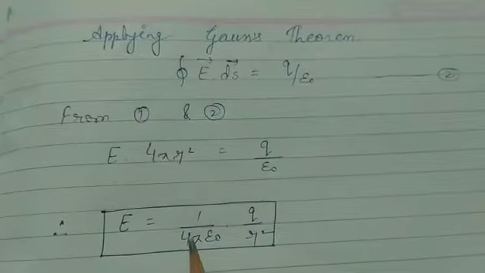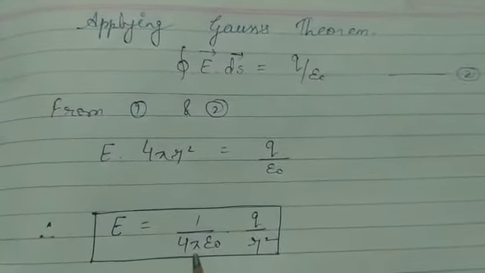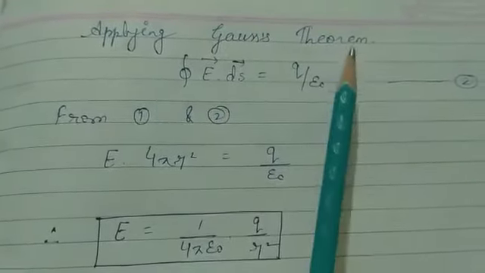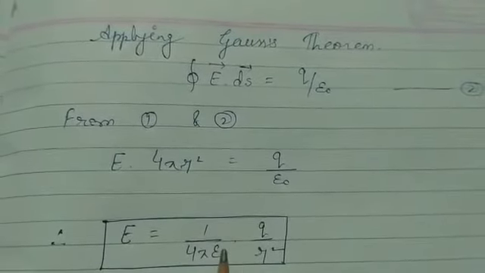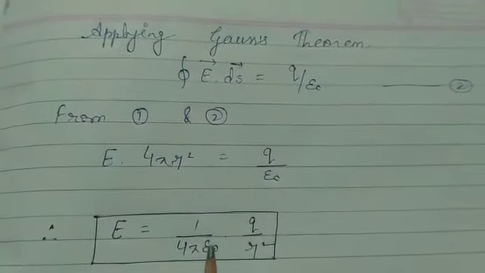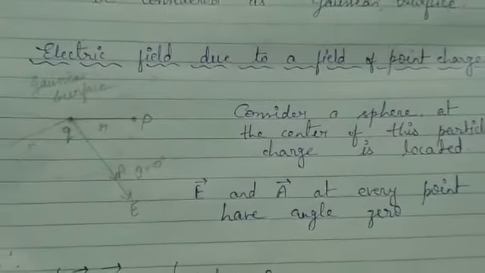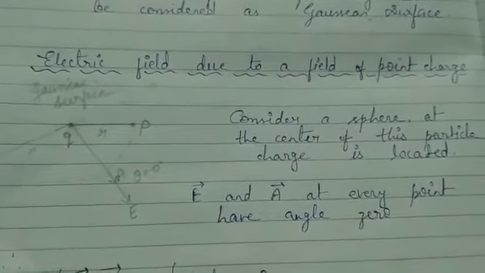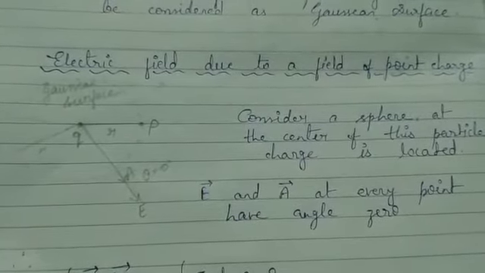So this is the electric field which we have derived by using Coulomb's law as well. Here you can see that by applying Gauss's theorem we can find out the electric field because of any point charge, which is the same as we derived by using Coulomb's law. So this is the first application of Gauss's theorem. Like this, many applications we are going to study, but before that let me tell you that Gauss's theorem,